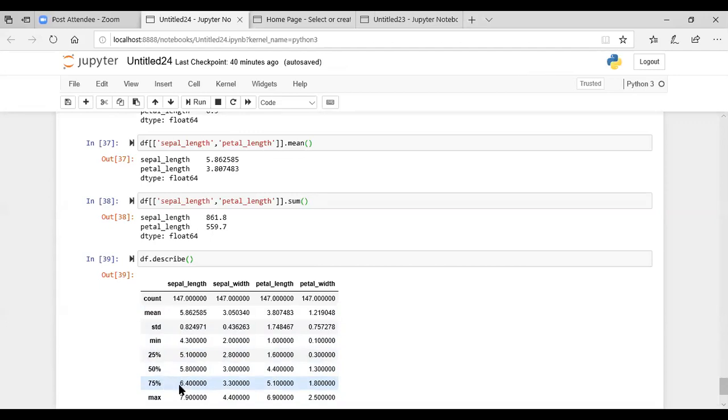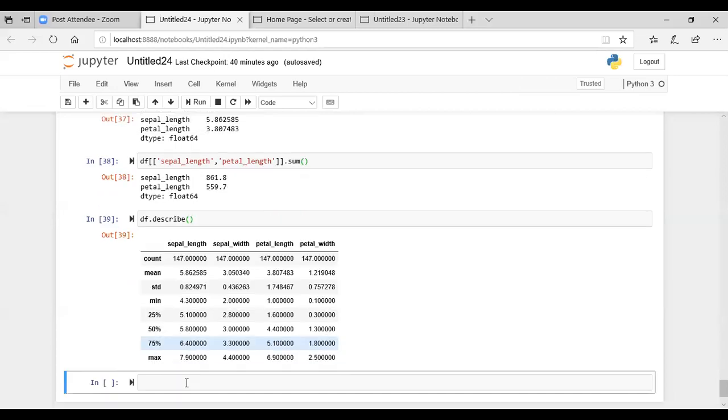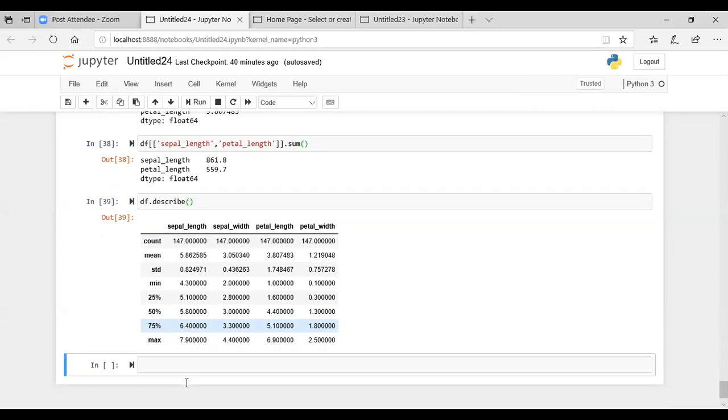So that means these are the number of rows which are less than or equal to 6.4. 75% of these are the values. It's as good as saying that there are a certain number of students with 35 marks, or you can say 50 marks and 60 marks.